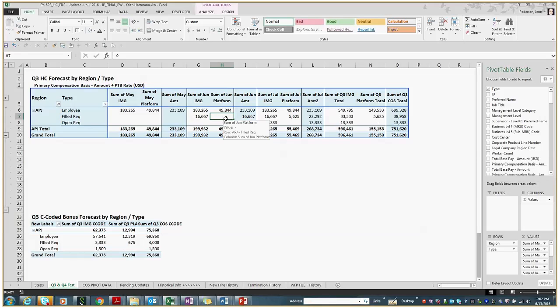Per new hires or terminations, things change every month, whether it be a new hire or a termination or a promotion or any type of job status change. Those are all tracked within this headcount file. So let me just go